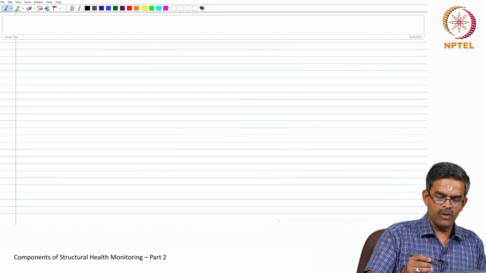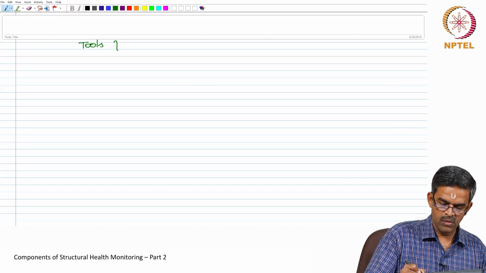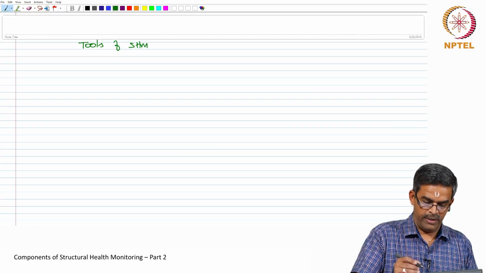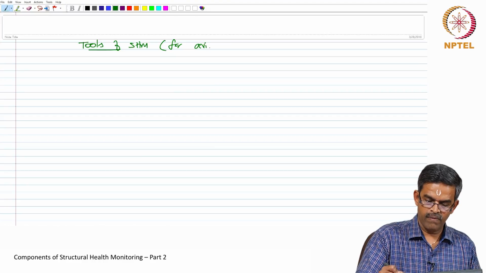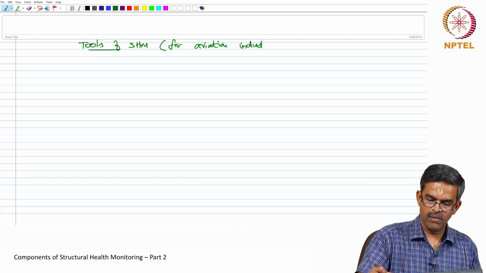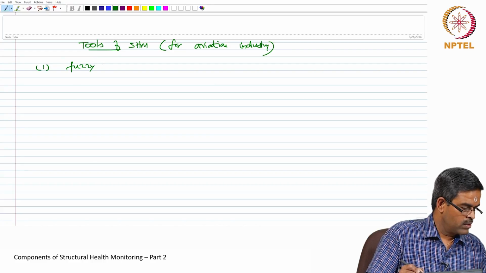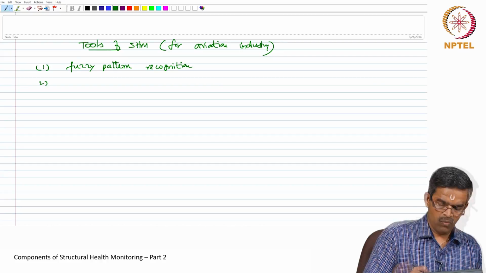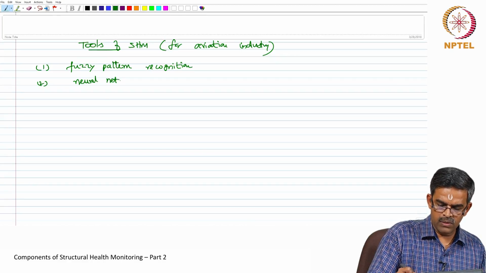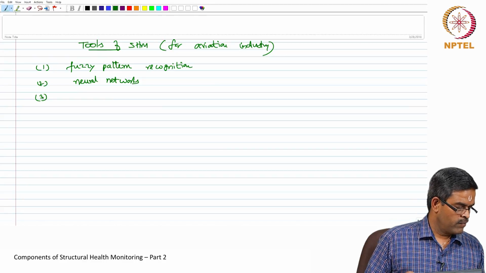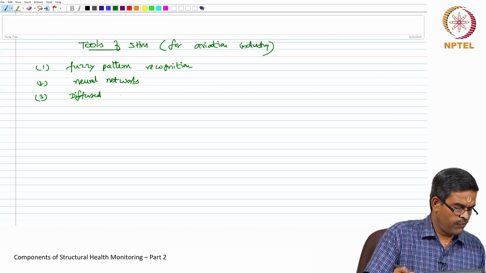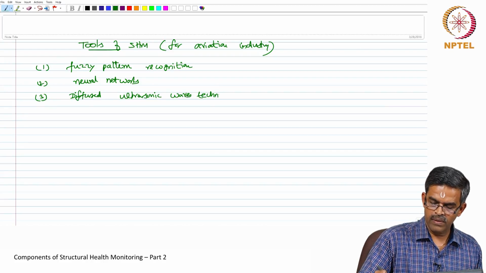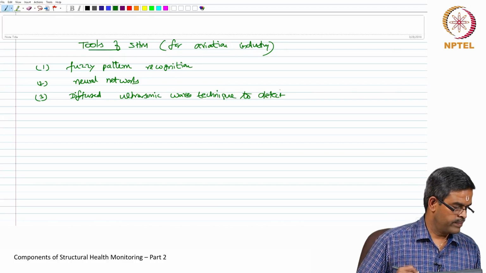Let us see what are the common tools which can be used for removing the anomalies in aircraft design or aviation industry based upon health monitoring. One can use fuzzy pattern recognition, one can also use neural networks, one can use diffused ultrasonic waves technique to detect the structural damage